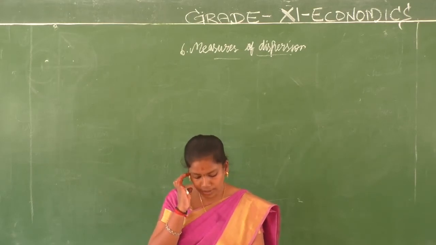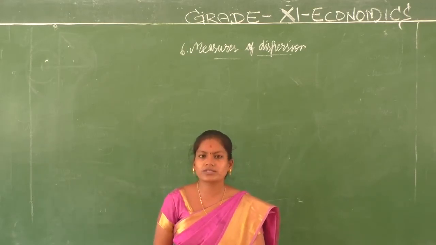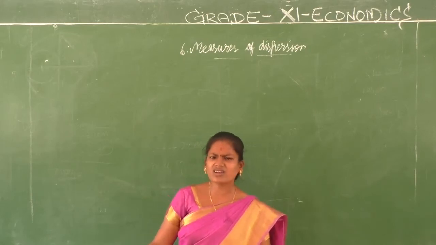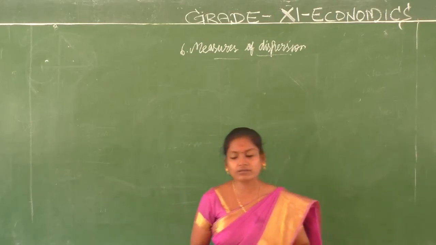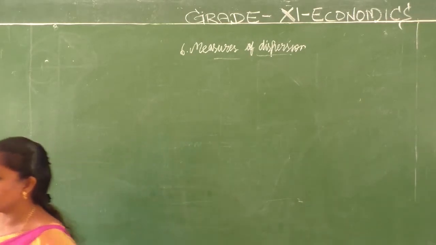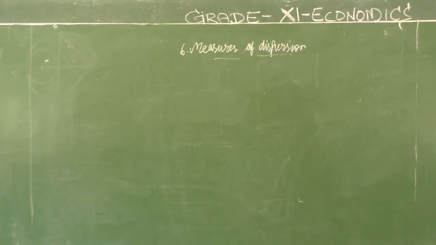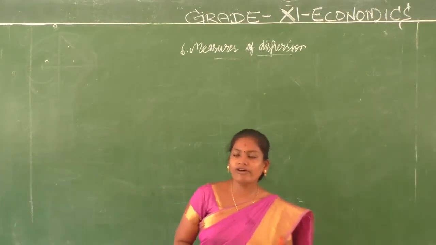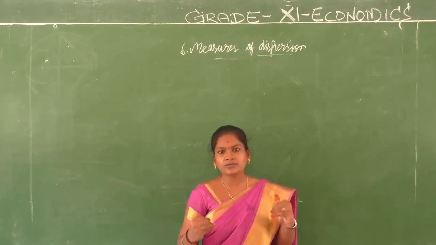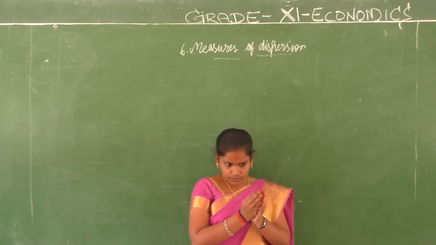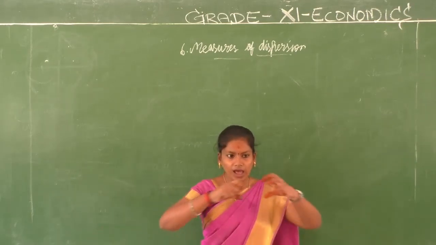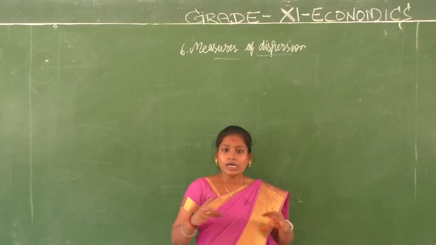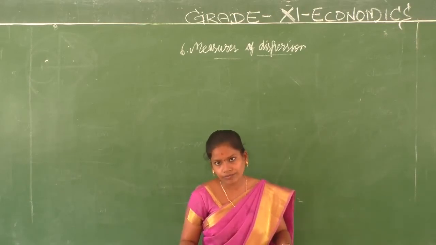Now what are we going to discuss? We are going to talk about measures of dispersion. These are also some measures. Measures of central tendency give you the average value and the variable with the highest frequency, as we saw. What is this dispersion? It shows the differences, because we will not know the differences between each value. Yes, we know the aggregate marks. If there are 10 students, we know the marks of all 10 students.